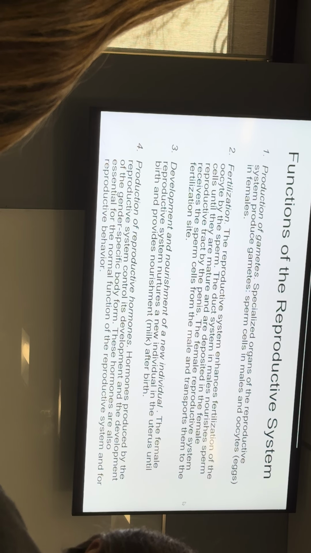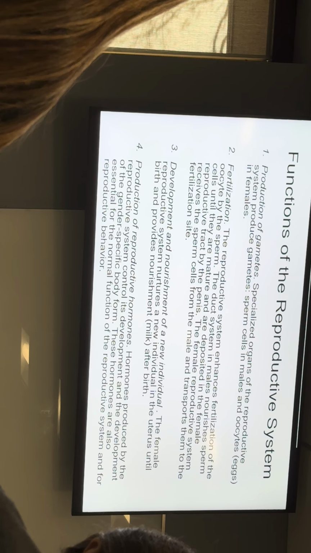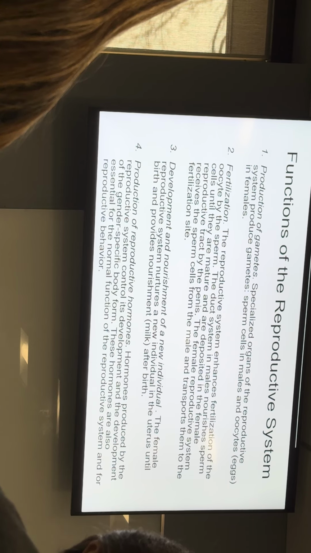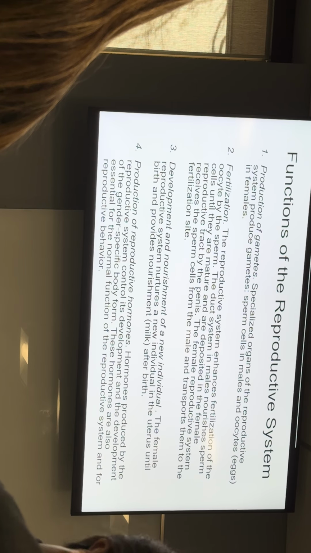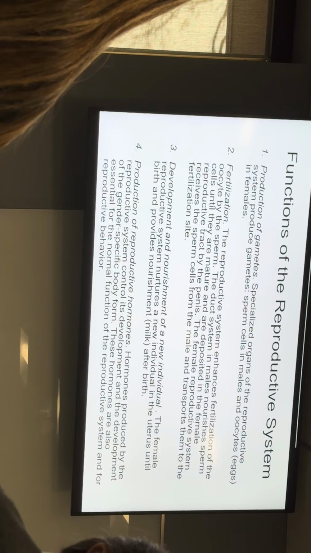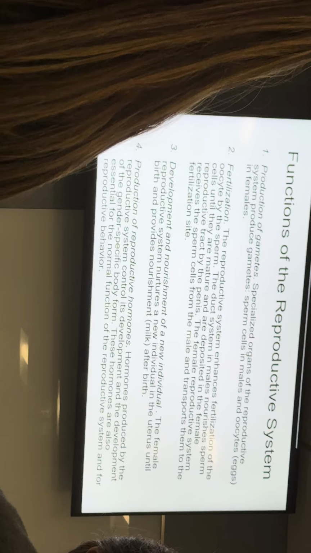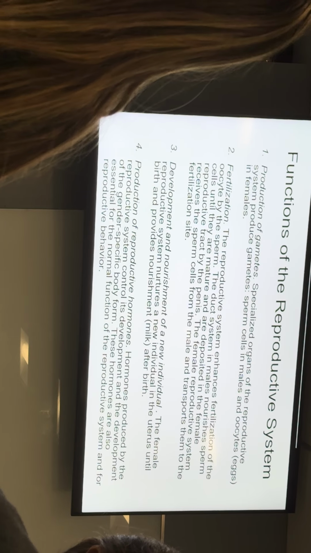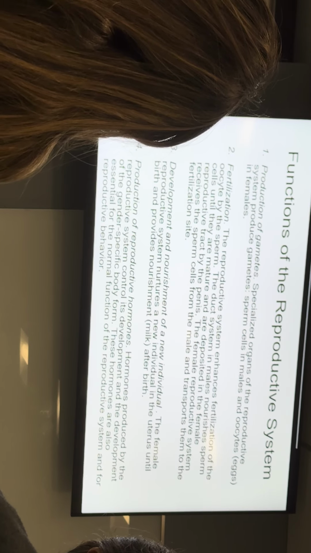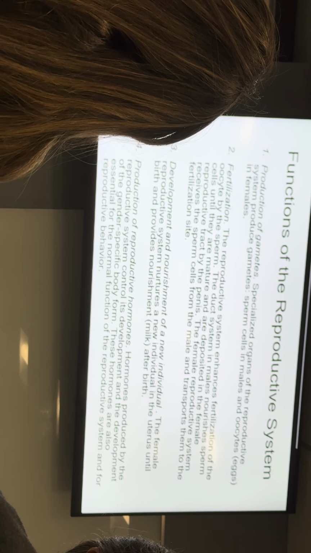So now, the functions of your reproductive system, first of all, are to produce our gametes, so we can reproduce. The female sex produces the larger gamete, and the male sex produces the smaller gamete. And that's true across all organisms that produce gametes. So women are women because they produce eggs. Men are men because they produce sperm. That's the most basic biological definition of sex.